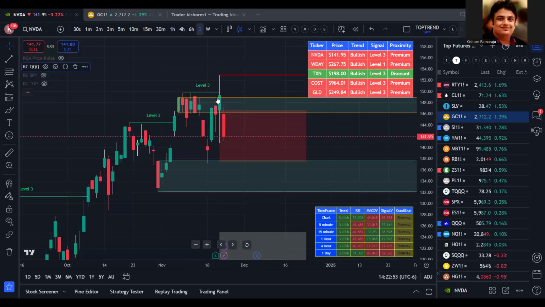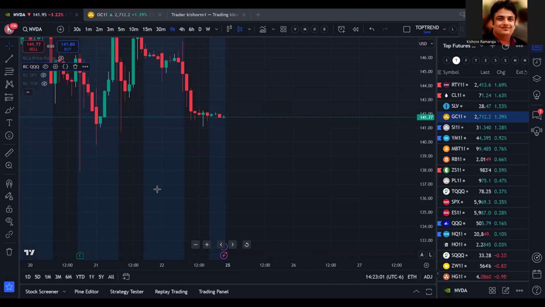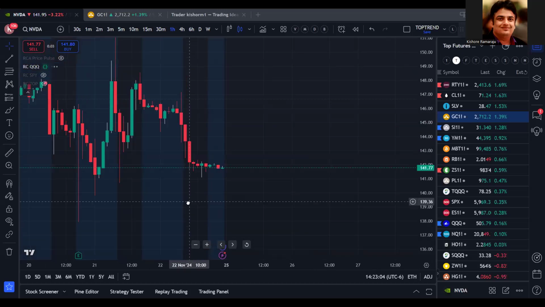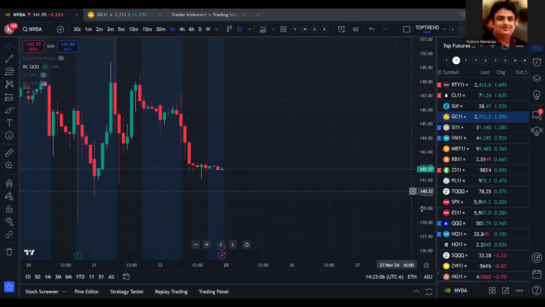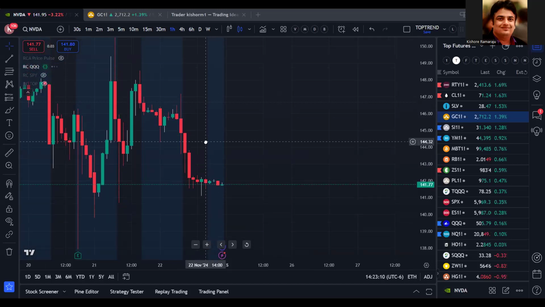Now you don't take the trades in daily. Now you look at 1 hour time frame and see whether in 1 hour you are bearish or not. Because you may be bearish in daily time frame, but in 1 hour it might be in bullish time frame. So now if you look at 1 hour,